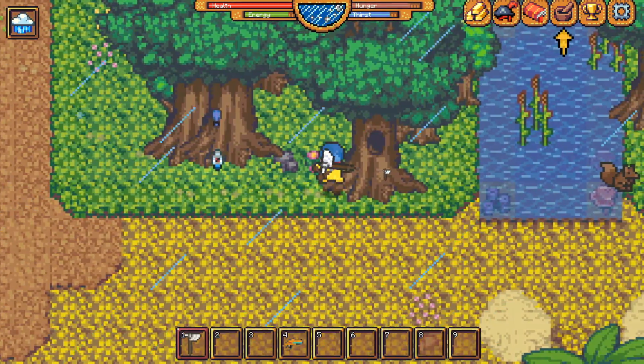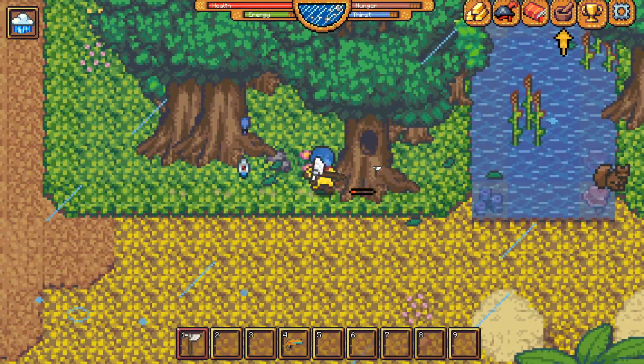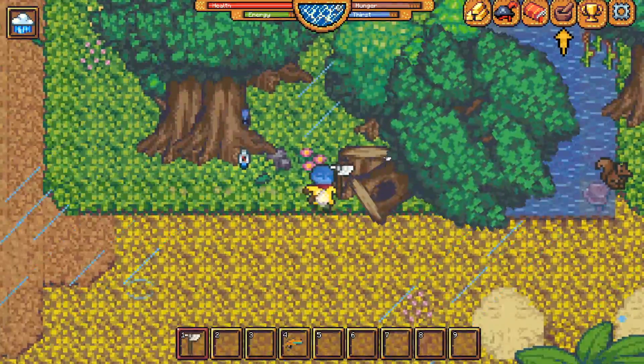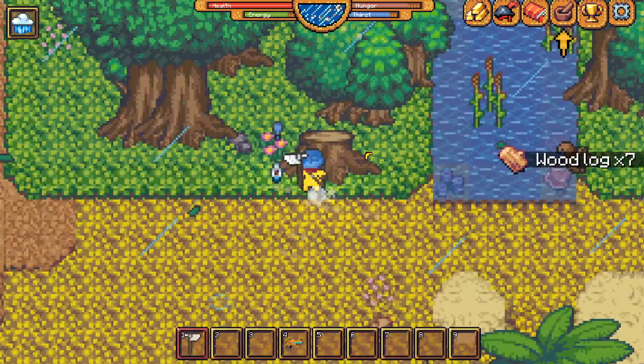Oh, maybe I have to melee the tree. Yep, that's it. There we go. Perfect. I was clicking on it, but it's not doing an animation. Maybe I have to do the same thing I do with the gun where I press control. All right, so we got some wood logs. A bunch of wood logs, if I'm being...